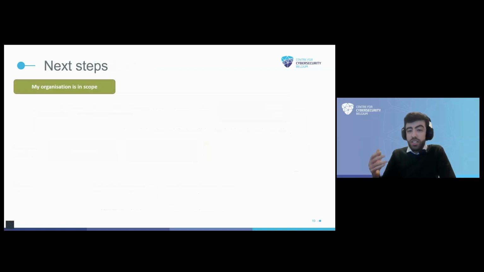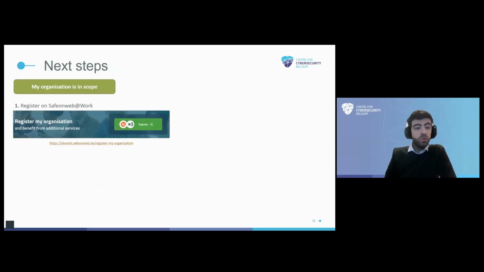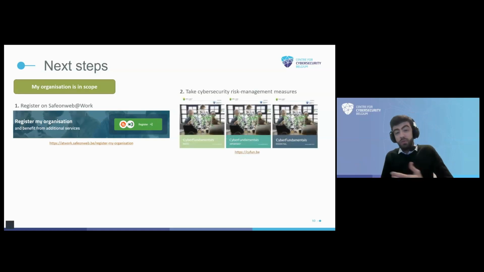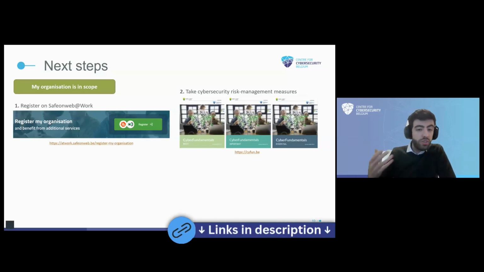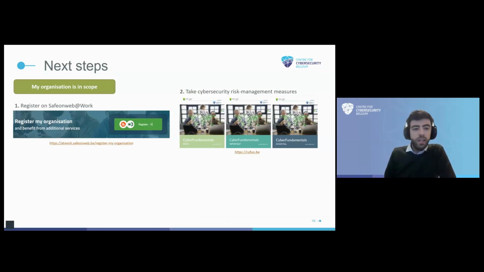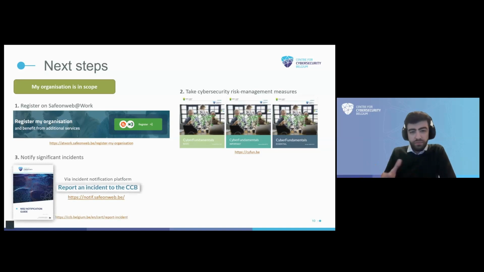So if your organization is in scope, the first thing you should do is register on Safeonweb@Work, and Carl will guide you through all that process and what it entails in the next presentation. You should also start taking cybersecurity measures. For that, of course, at the CCB, we highly recommend our own Cyber Fundamentals framework, which is available at cyfun.be. And the third thing you should do, and that's really the main element, is to notify your significant incidents. And here again, we have already a lot of information available. We have our own platform for incident notification,